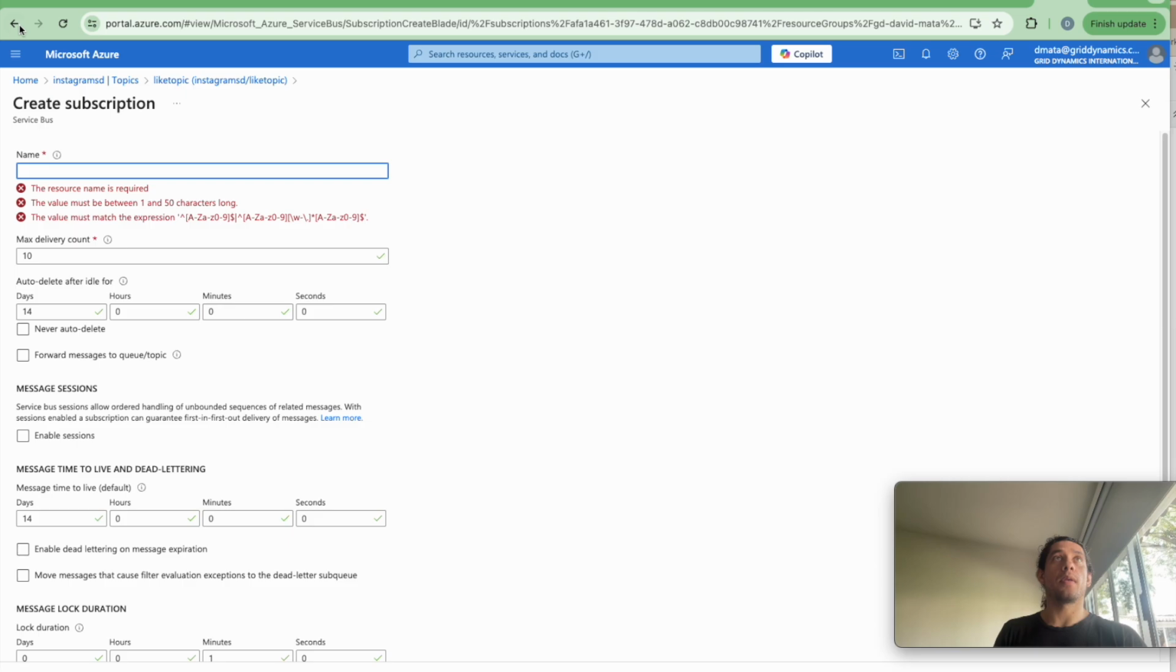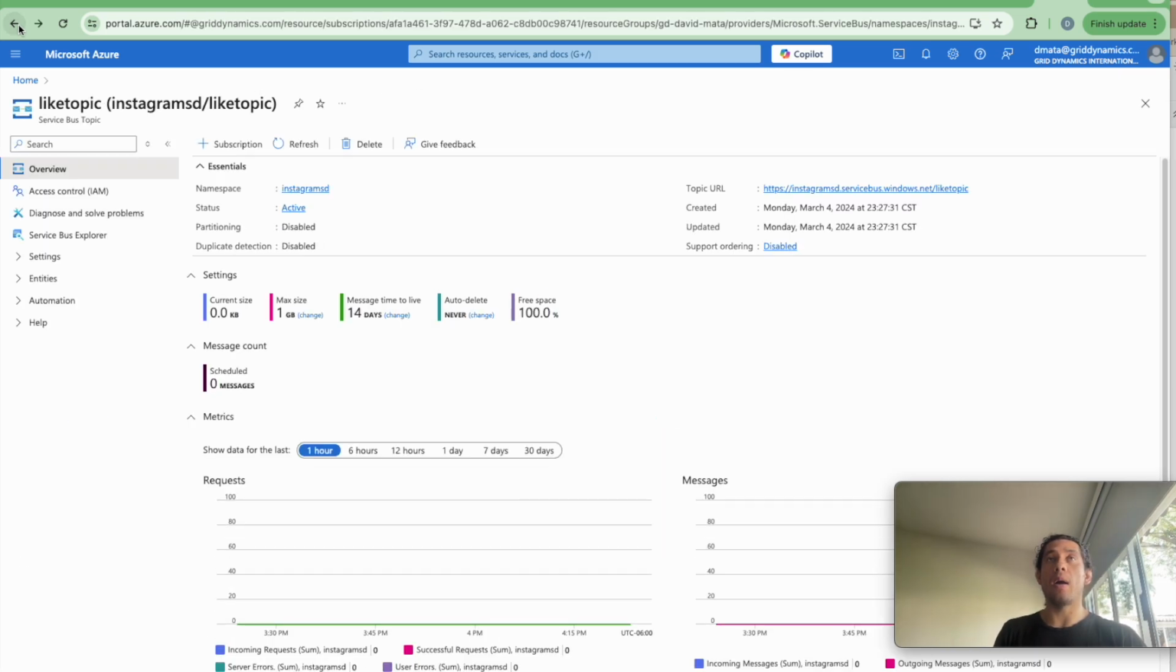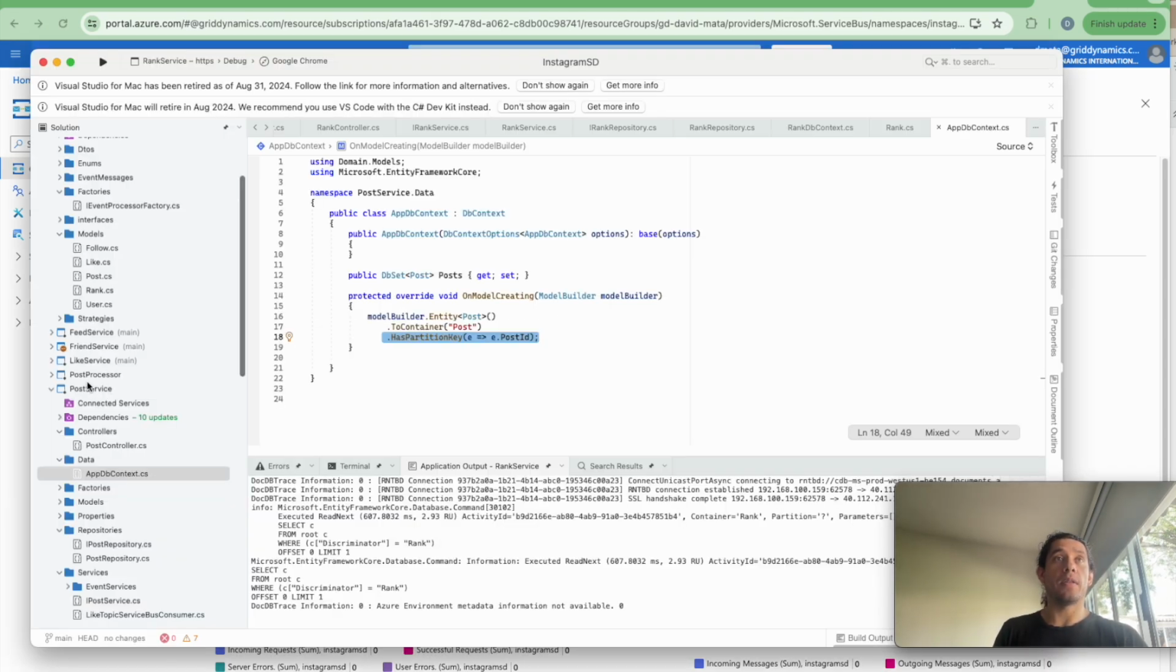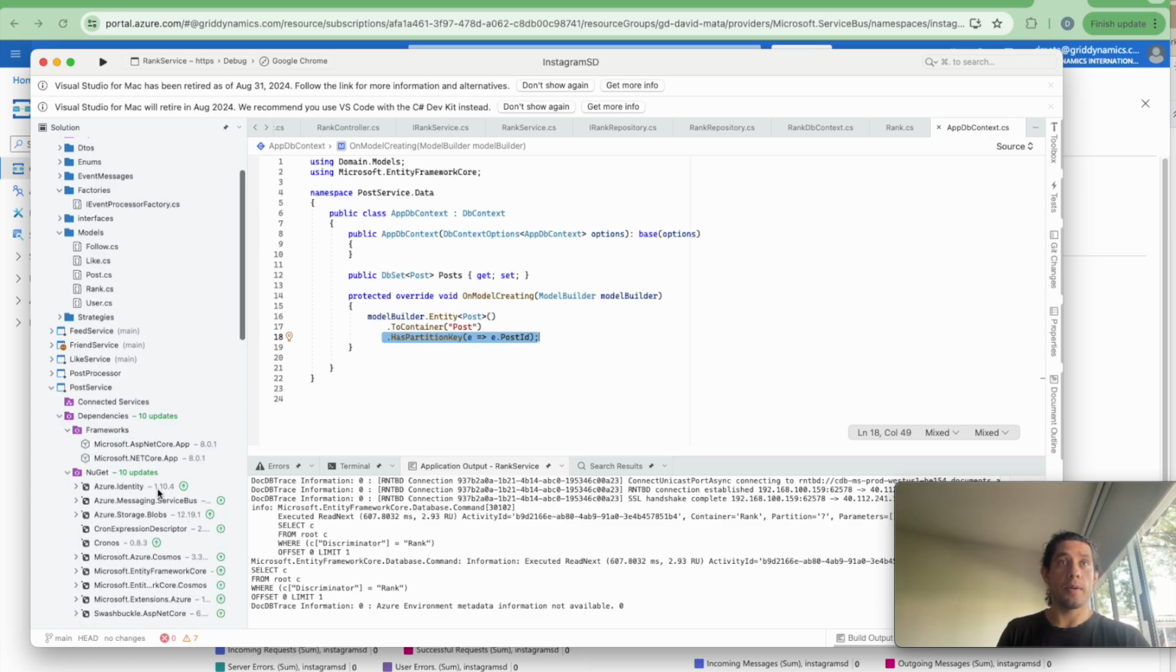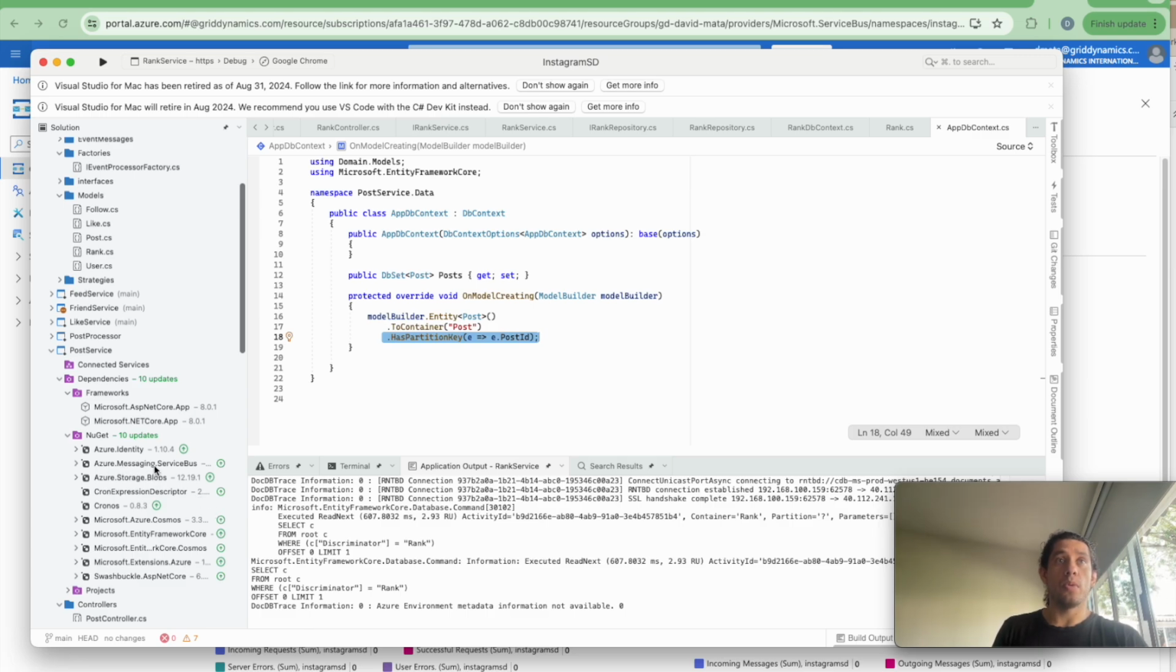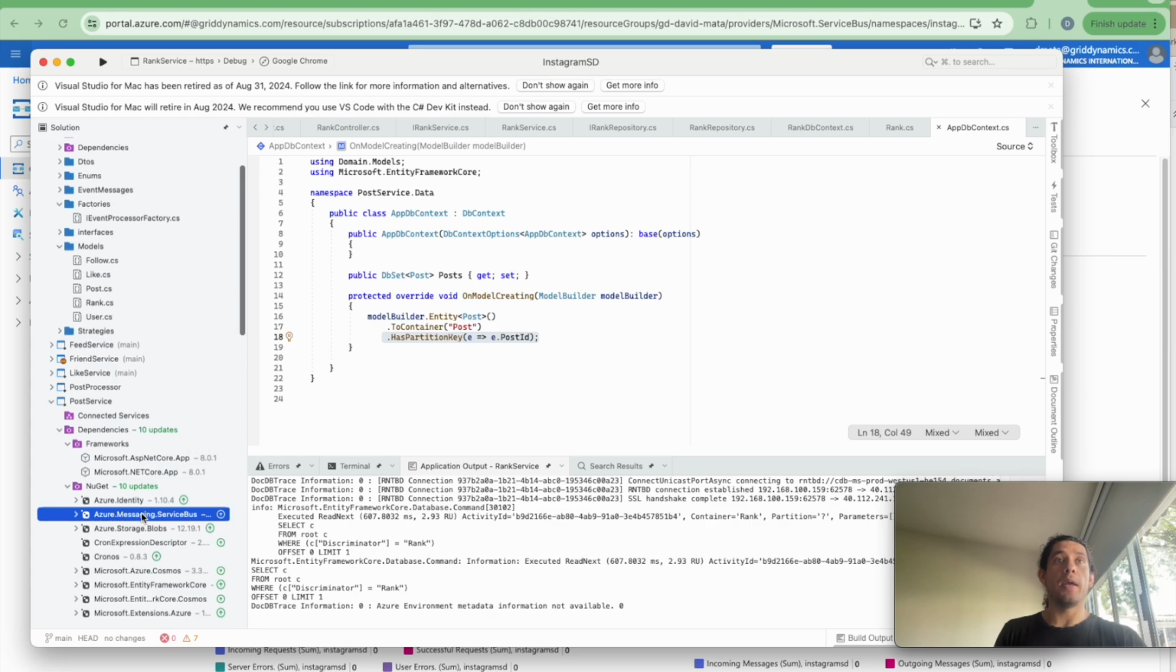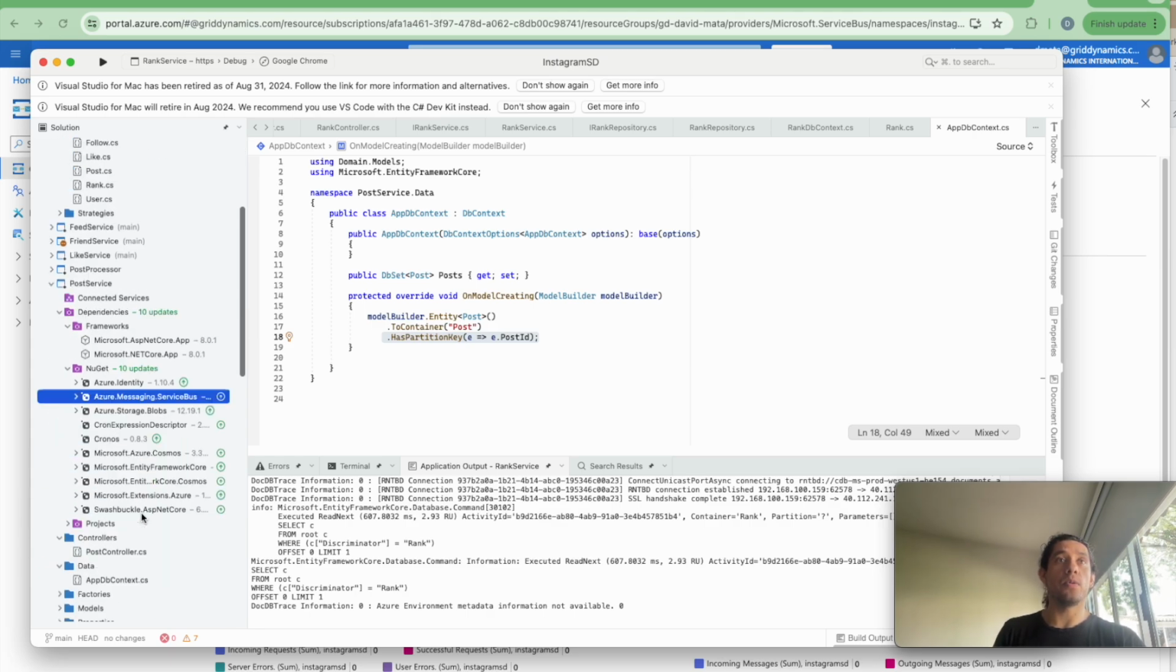And now let me show you how this works on the side of .NET Core. For the part of .NET Core, first you need to have some dependencies. For example, you need to add this Azure Messaging Service Bus, and you also have to